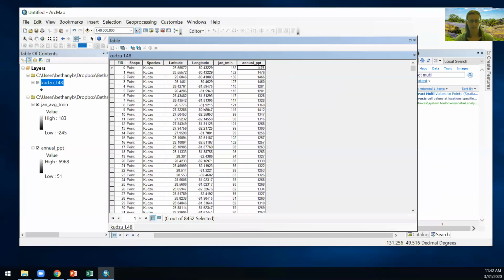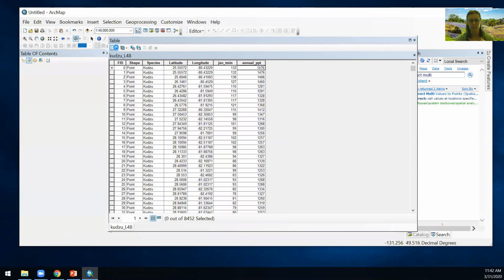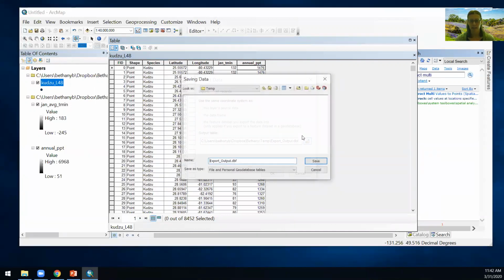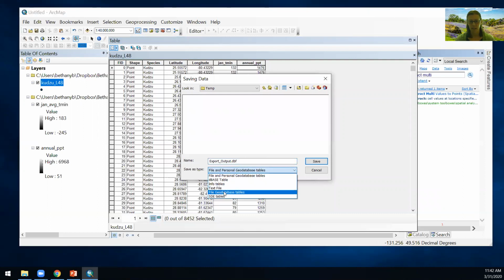All right, so we've got some data. Now we want to analyze it a little bit, at least. So one way we can do that is back in Excel, right? GIS, not that great for plotting XY data, but Excel is pretty good at this. So that means that we need to export this table as a table that Excel can read. And I like text. Excel cannot deal with info tables or D-based tables, so text is definitely the way to